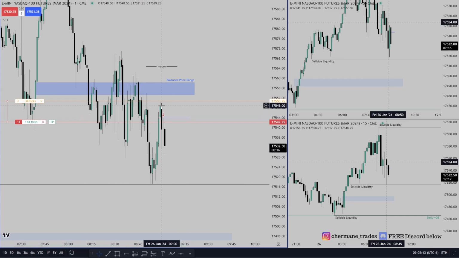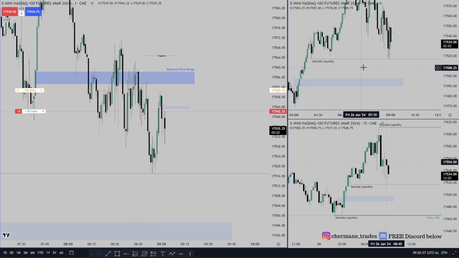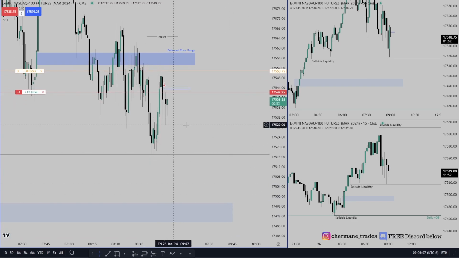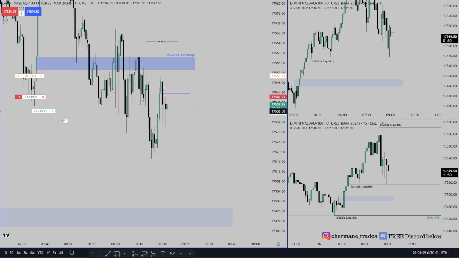So once I see that, the body's respecting mean threshold. Now I'm telling myself I'm waiting for the next possible way to go short. What does that look like? Volume imbalance. Trade it up into it there, go short, and I'm taking partial underneath these lows, and I'll leave my last contract on for that 15-minute fair value gap, which is what you see down here. So final TP will be down here,